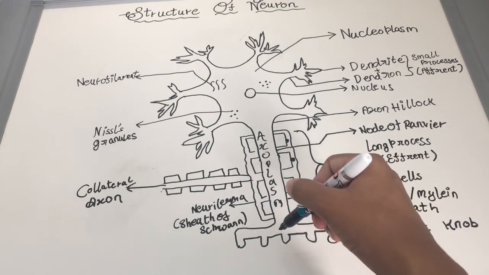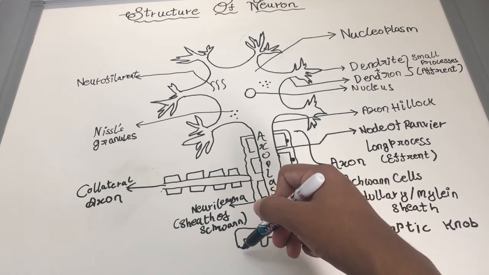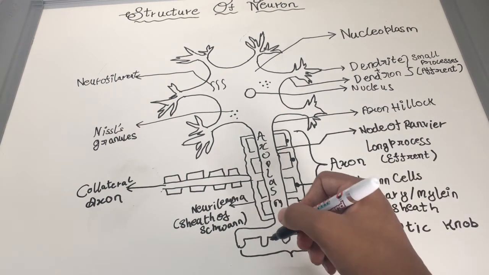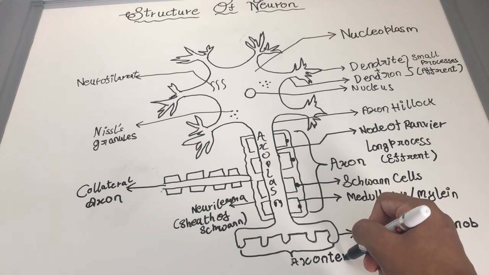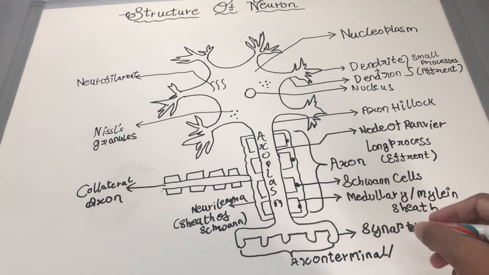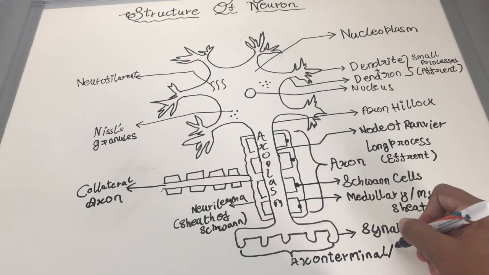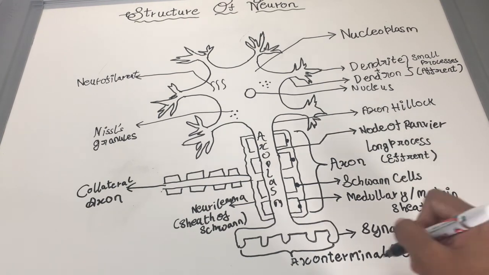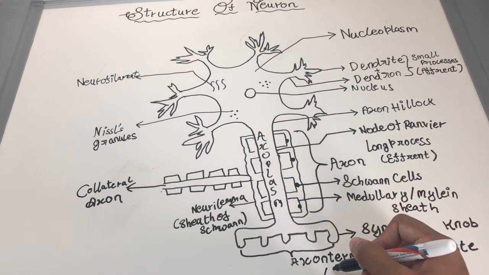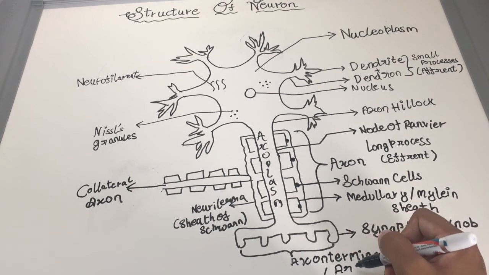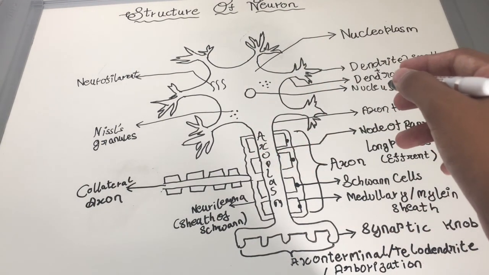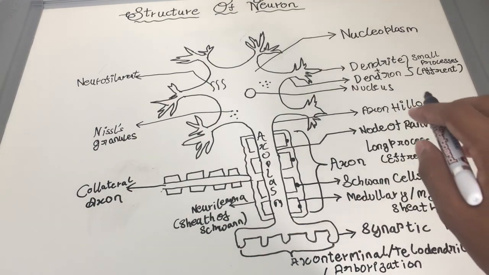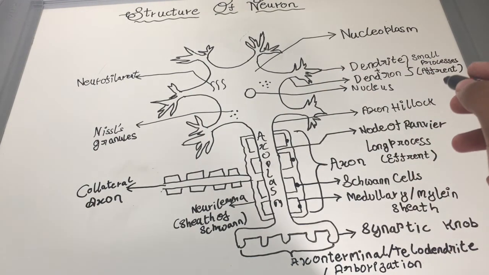And the last part, this entire thing is known as the axon terminal. There are various names for this, or it is known as telodendrite, or it is known as arborization. So this is the entire and very simple to draw structure of the neuron. Hope you